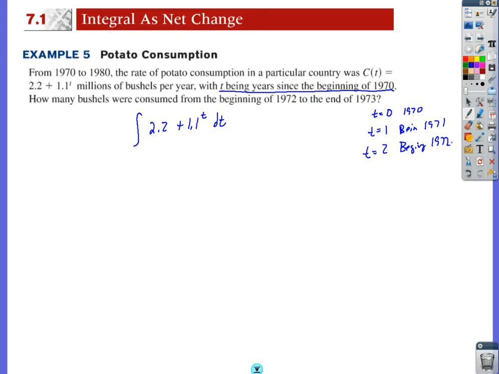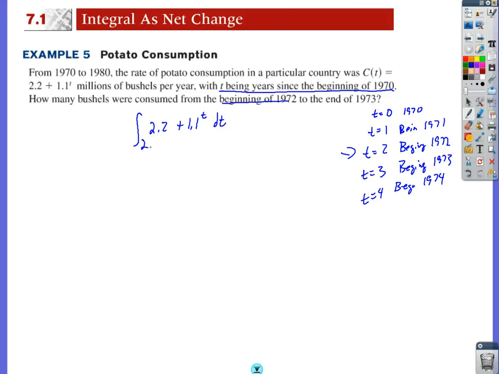So how am I going to get these years? When I evaluate this a little bit more, t equals 3 is the beginning of 1973, and t equals 4 is the beginning of 1974. Okay, and they want from the beginning of 1972, so that's an easy part. That's going to be t equals 2